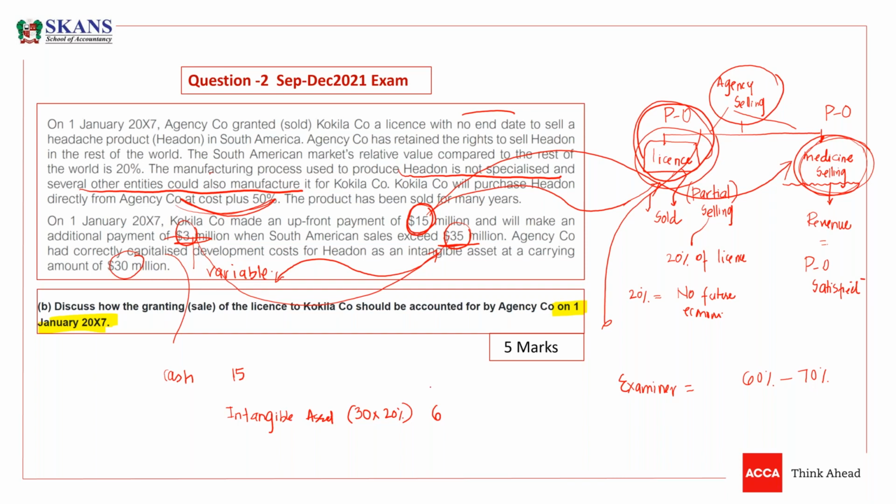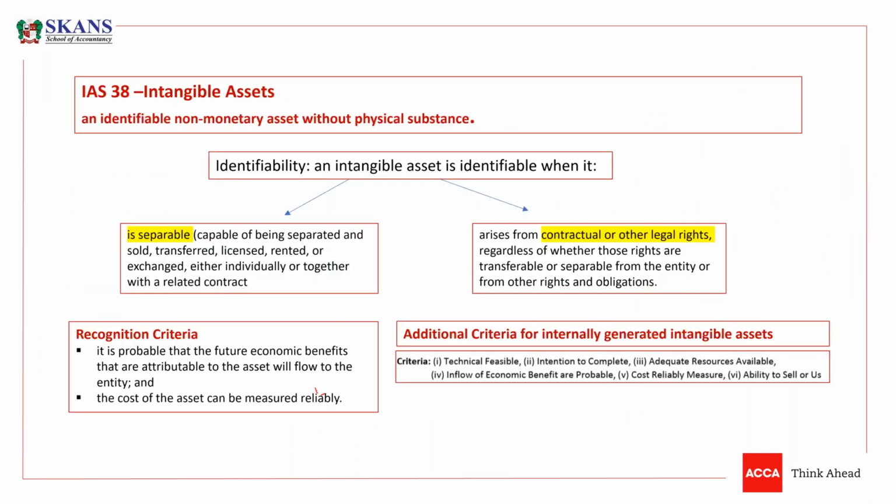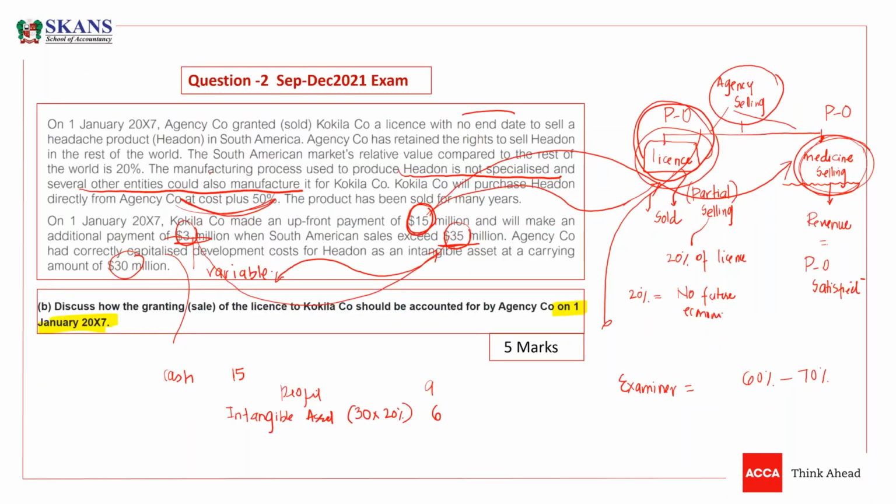This is not revenue. This would be a profit on disposal. This profit can't be a part of revenue. If you are considering the 15 million upfront amount as belonging to the sale of the license, then this will not be a part of revenue. So, okay,